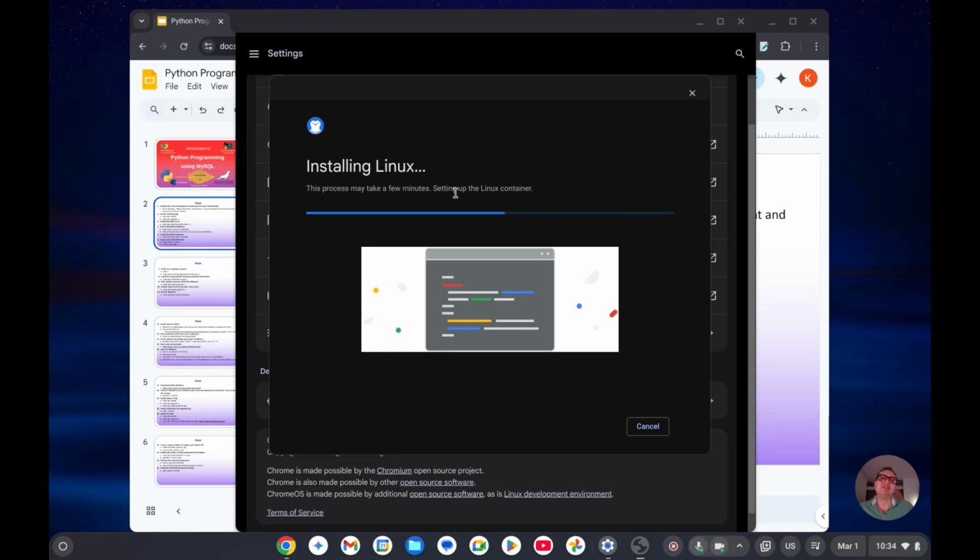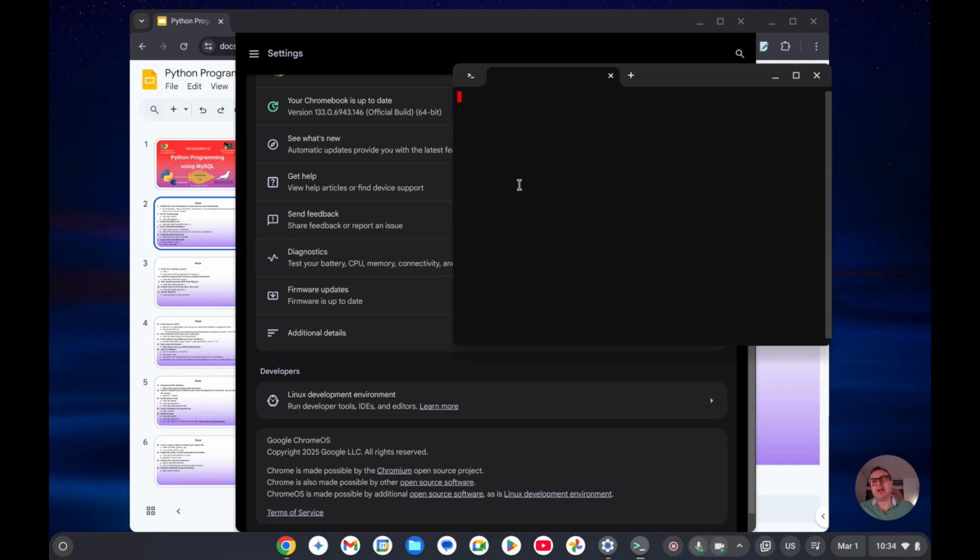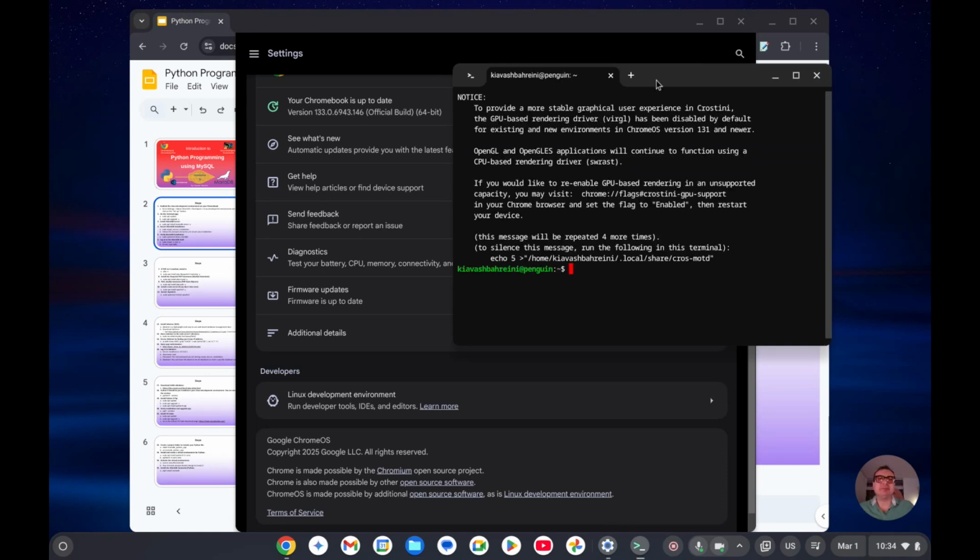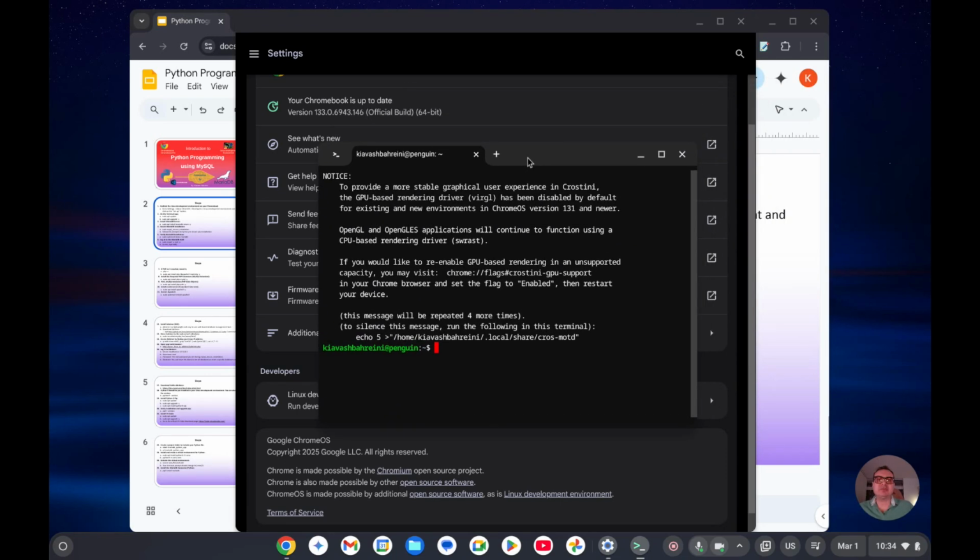Look, it says setting up the Linux container, but this is out of the scope of this session. I'm not going to explain these things to you. Just accept it as it is. All right. Once it is installed successfully, you can